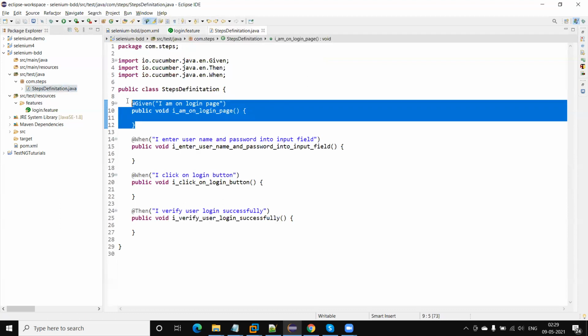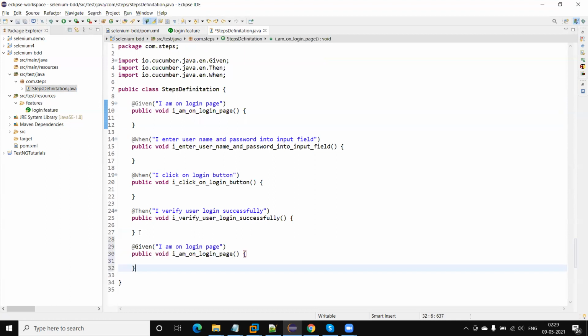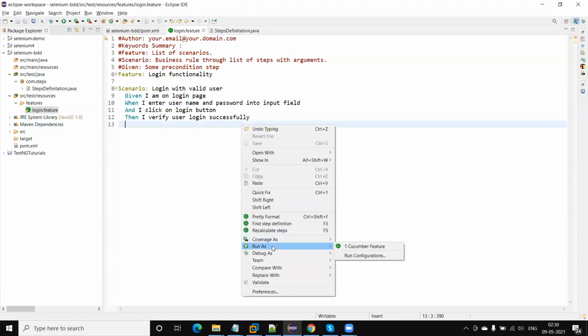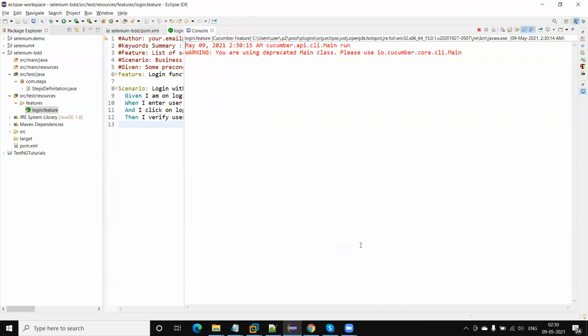Suppose I have implemented one more method with the same steps, and I run this code, what will happen? Just right click, run as Cucumber feature file.